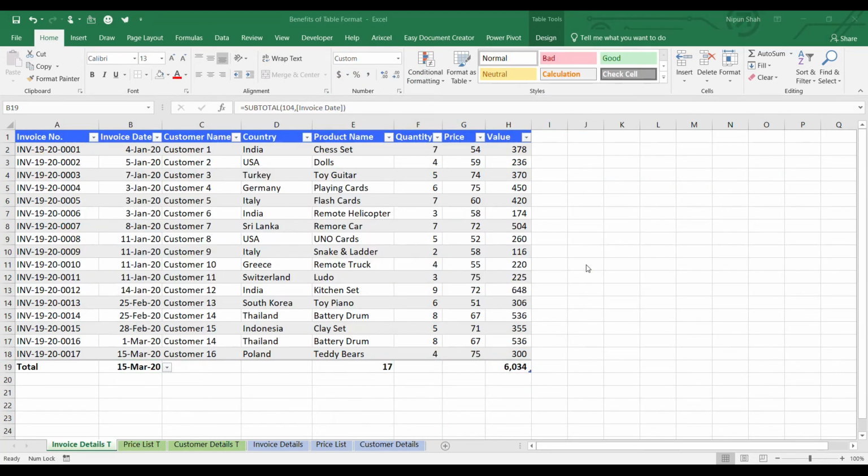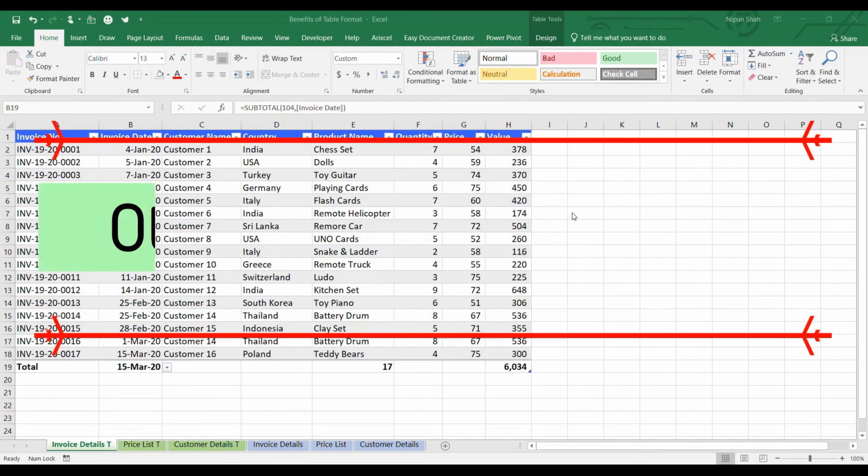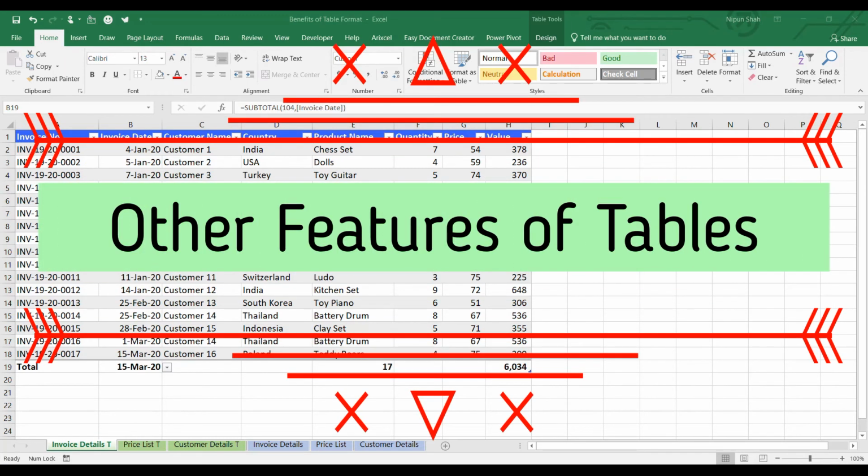Here, the conclusion is that all the formulas linked to table ranges, may be in the same sheet or in different sheets, update automatically as soon as the data available in the table changes or new data is added to the tables. Guys, I would suggest that you should use tables instead of normal data ranges. This will eliminate the need of updating the formulas manually, which at times is a cumbersome task.